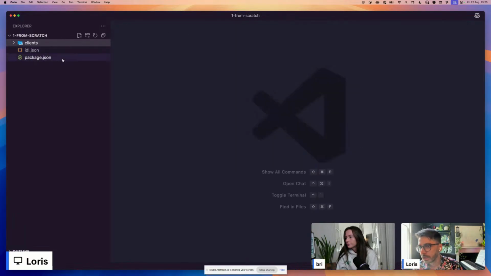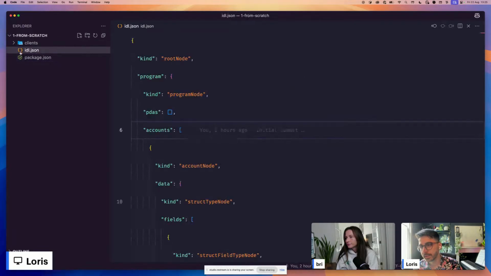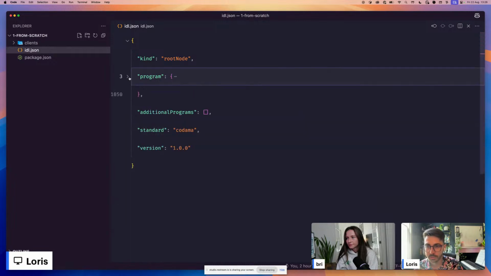Right. So the only thing that really matters here is this IDL.json, and this is the thing that I've been mentioning, where you can write it yourself. Maybe that's a good opportunity to go through real quick how it's laid out, right? So